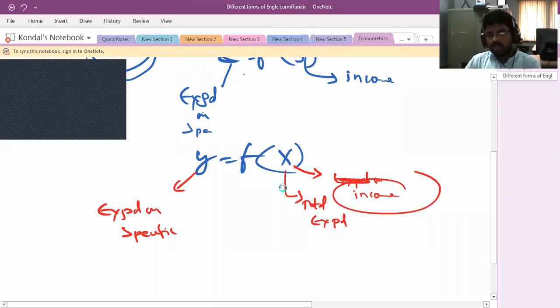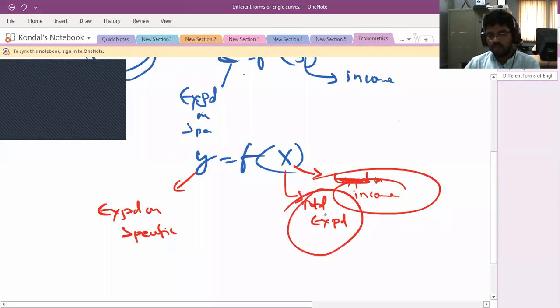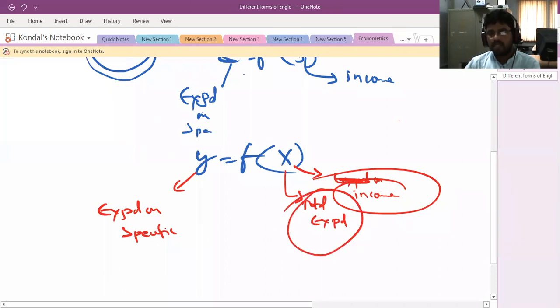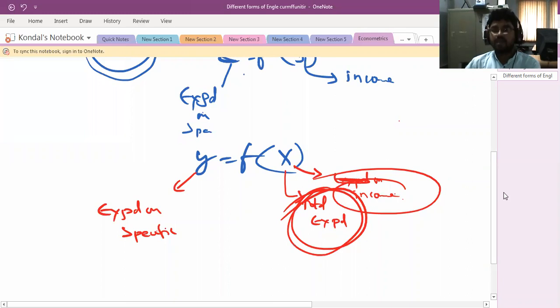So income is nothing but a proxy variable. See, what is the proxy here? If the data is not available for one variable, for example the total expenditure, we simply take the income values. So here the variable name is total expenditure, but we have taken a proxy variable, that is income. We have taken income data, but we are coding it as total expenditure. So it is a proxy variable. Generally, we can use a proxy variable in statistics as well as econometrics.